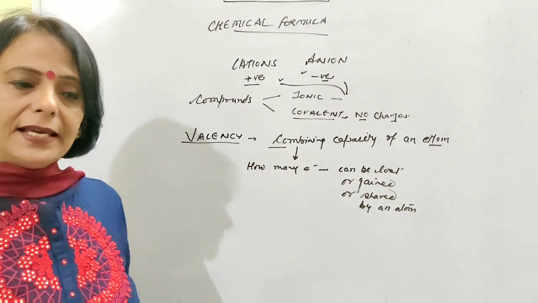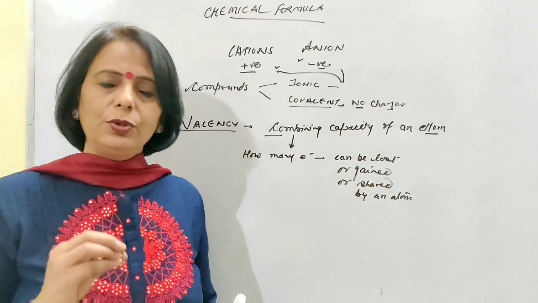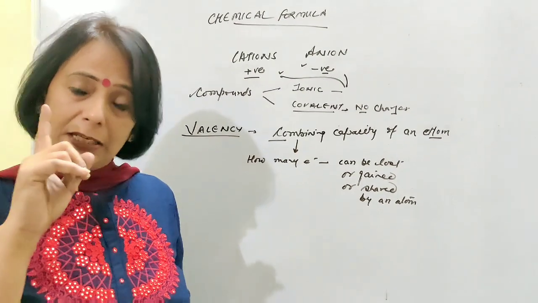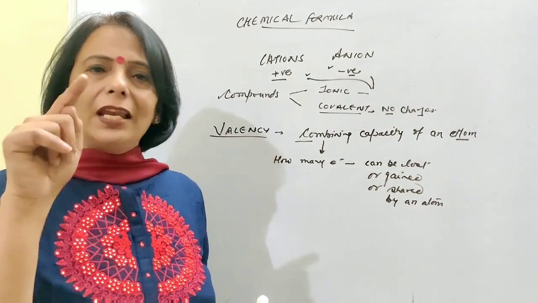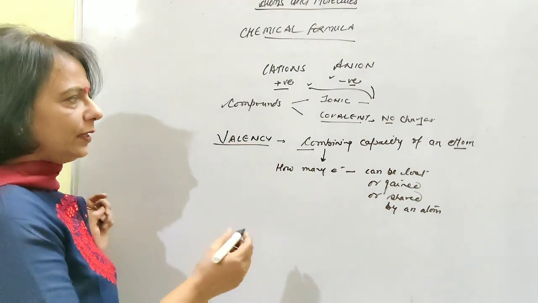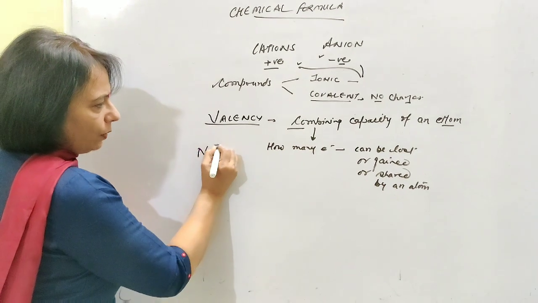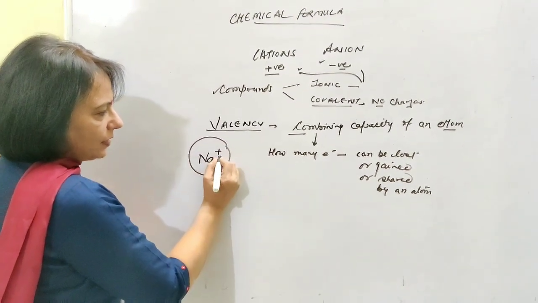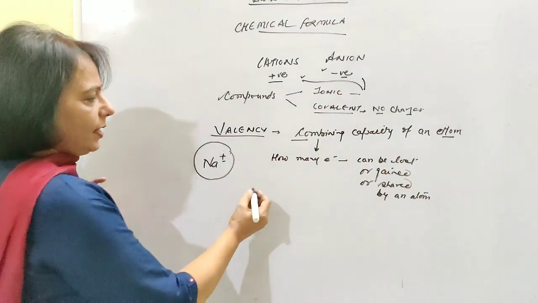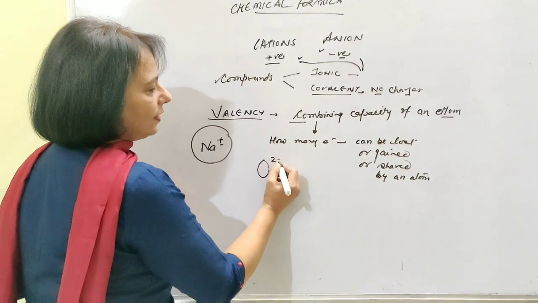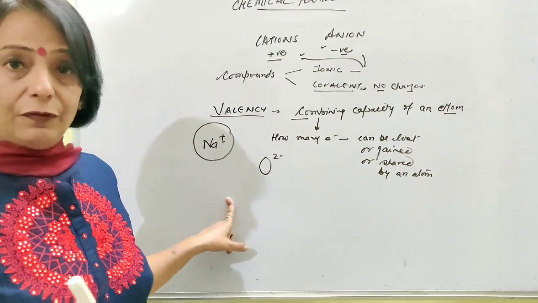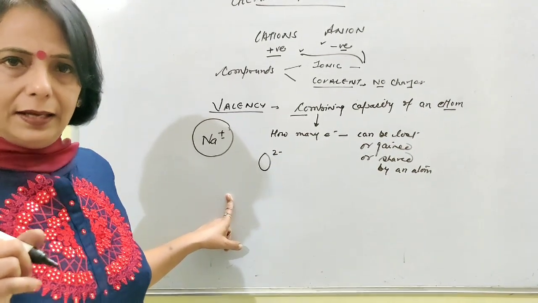As I gave you the examples in the last video, sodium is having the valency of +1. It is having the valency of 1, but the plus is telling you about the charge. That means the domination of the protons was taking place in that particular atom. So if I have written Na with a plus charge, that means the valency of sodium is 1. That means it is monovalent. In a similar way, I gave you that oxygen is having the valency of 2 because it was gaining 2 electrons, and it was divalent, which I showed you in the last video.